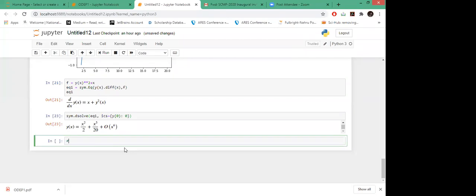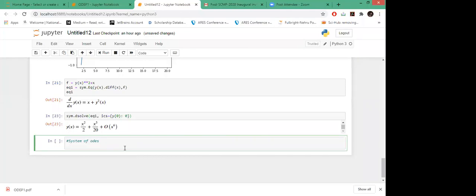So for that, see system of ordinary differential equations. This is one different way to pass your x and y as functions, and you can also define the class here as function. So basically, you are making x and y the functions.